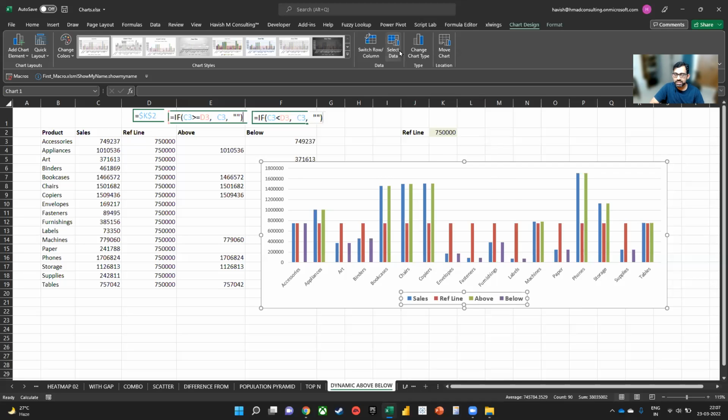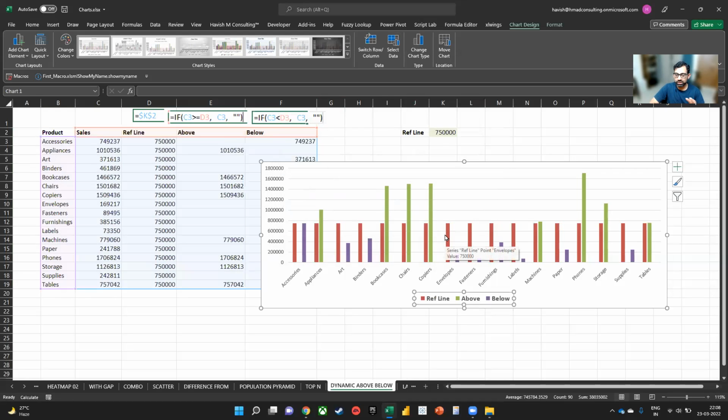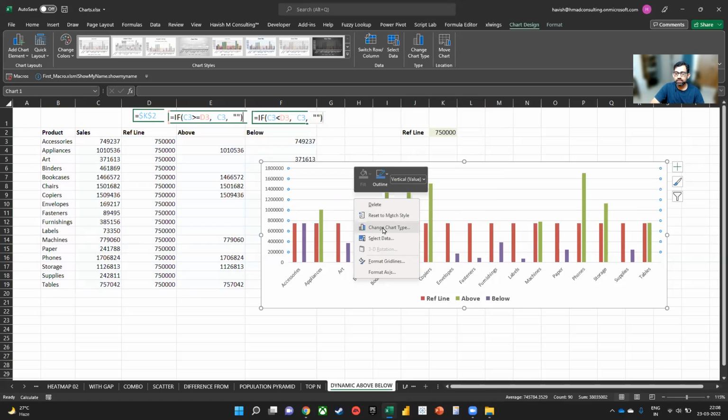That is why we go to select data and I will deselect the sales value. This means we don't want to show the sales value on the chart. So it's a little better now. Now this red is supposed to be a horizontal line because that's the reference line. So it should not be a column, it should be a line. So right click, change chart type. And then on my combo chart,